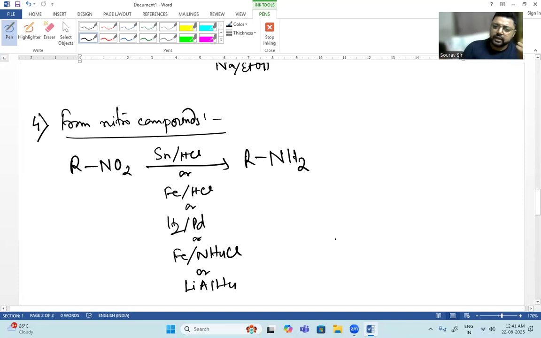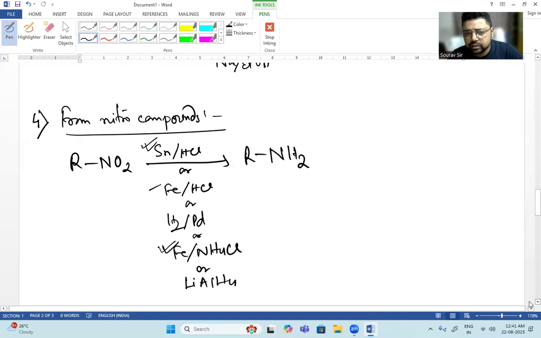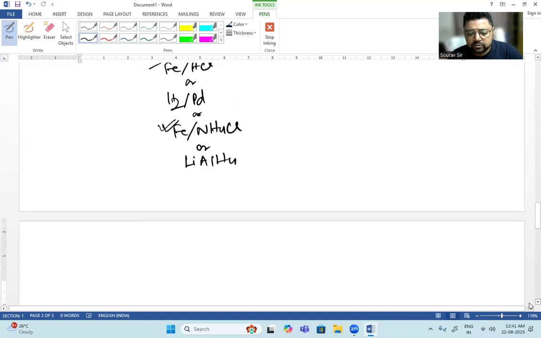Okay, so actually the most important reagents are either Sn/HCl or Fe/NH4Cl. The others we may or we may not use. Okay, because Sn/HCl and Fe/NH4Cl, and Fe sometimes you can use this as well. But these two, Sn/HCl and Fe/NH4Cl, are used specifically to reduce this NO2 to NH2. Okay, this is a specific reaction. Reduce NO2 to NH2. The next one is